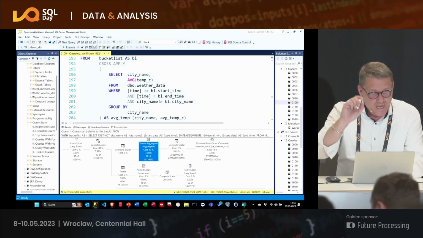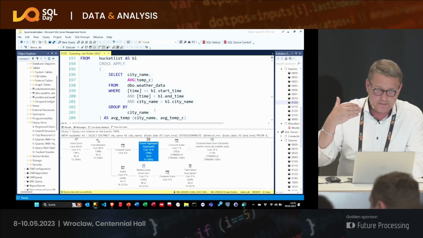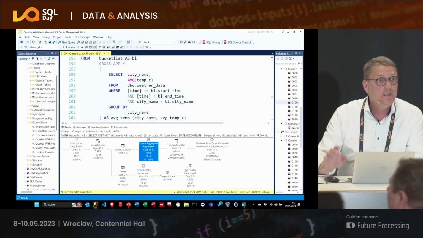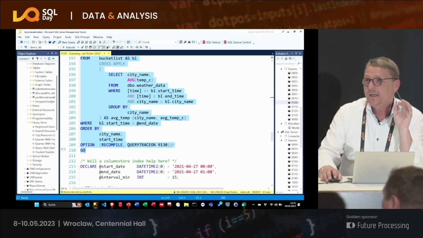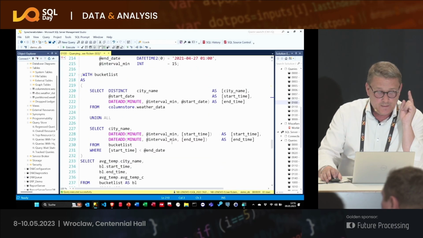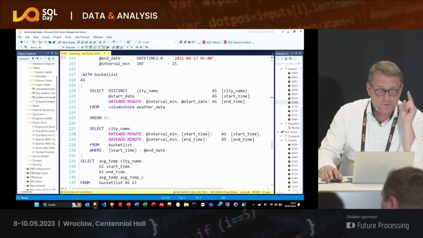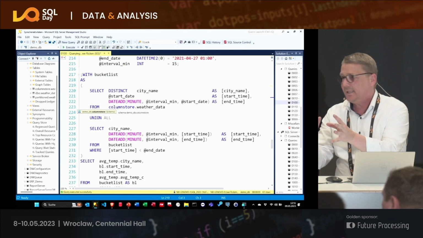Okay, perfect. So the problem here is that we have a tremendous amount of data that we need to cover. What we can do in this case is maybe a column store index may help. But see this here. You see here that I'm using a column store. It's the same data, exactly one-to-one the same data.